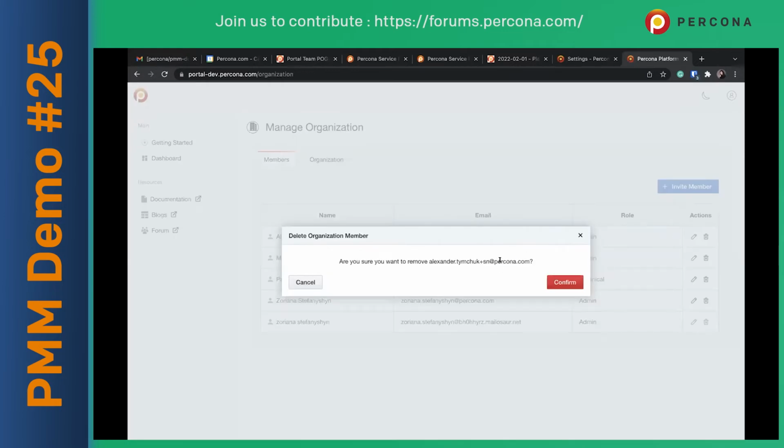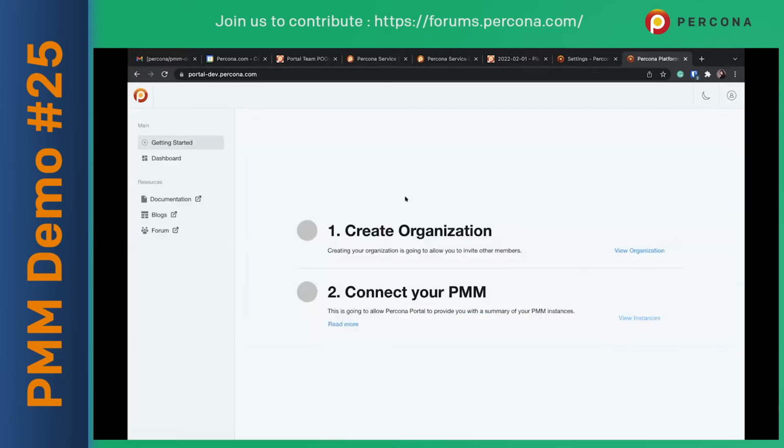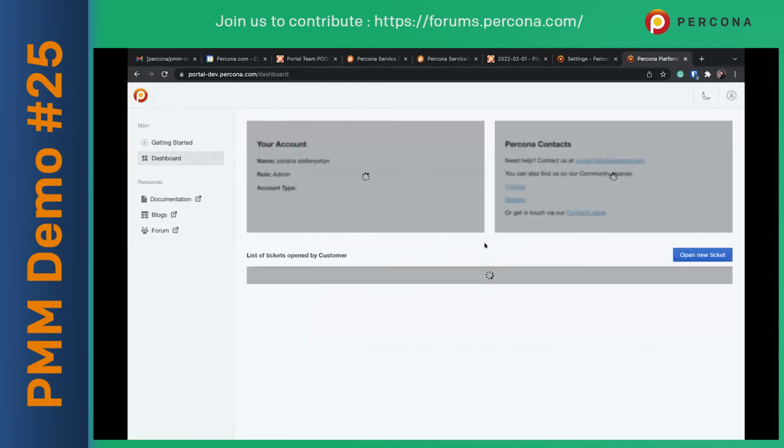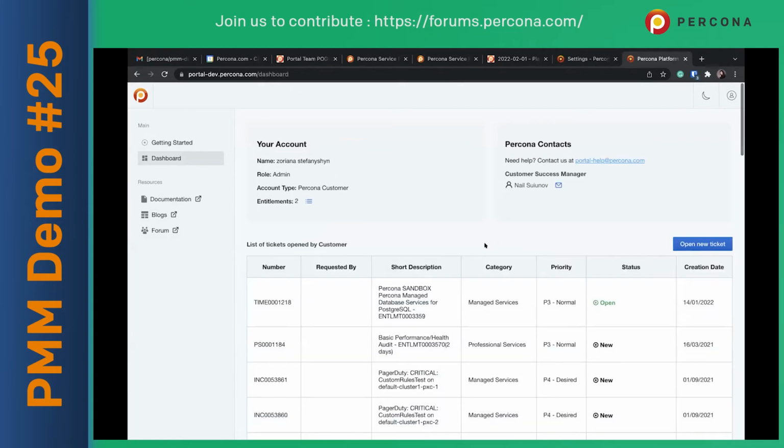We added the user email to this modal because previously it was not obvious which member is going to be deleted from the organization. The next item, on the dashboard: we are currently storing all the information that we are receiving from ServiceNow for